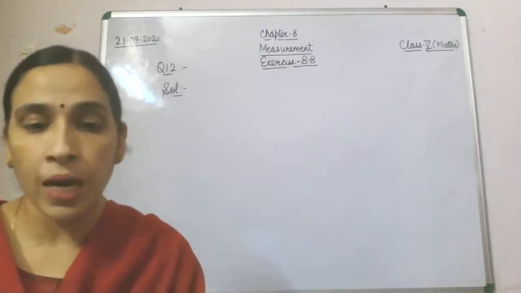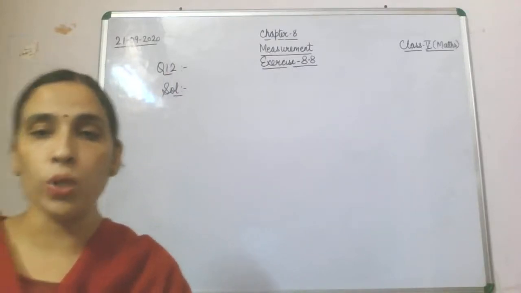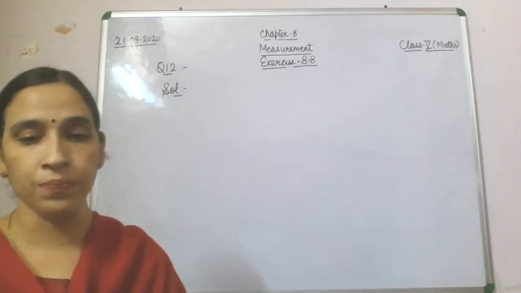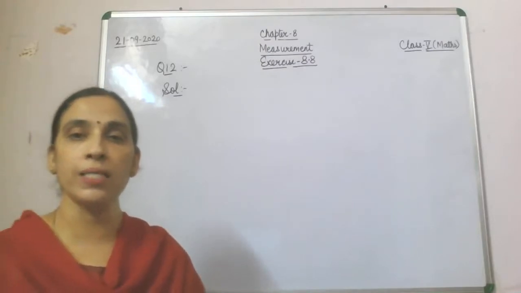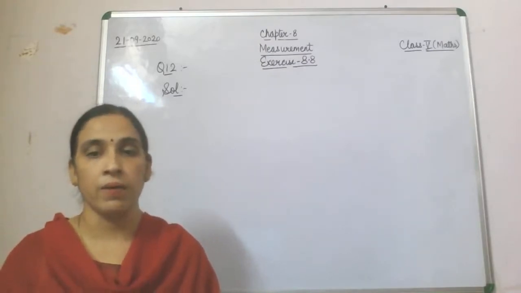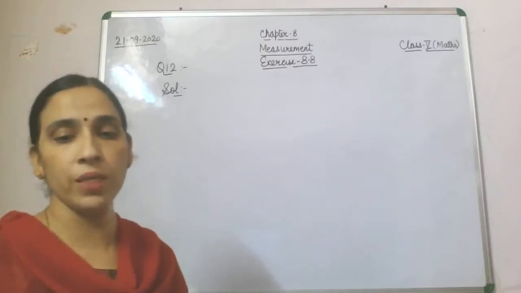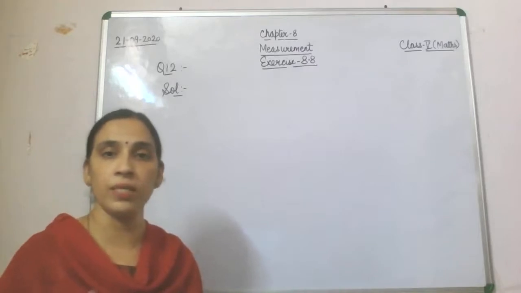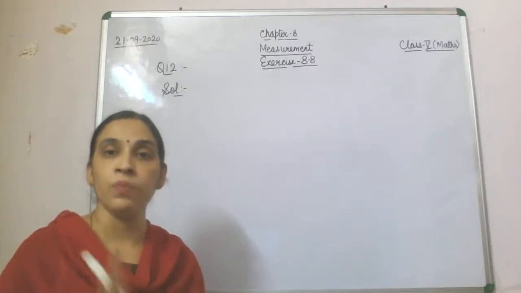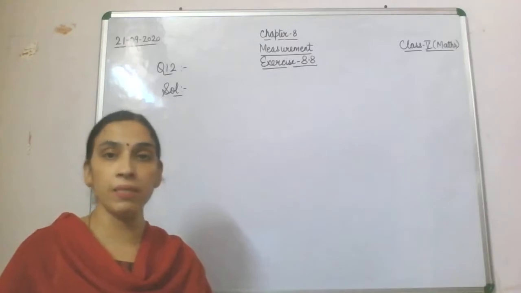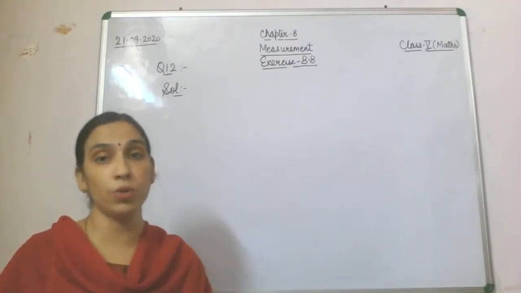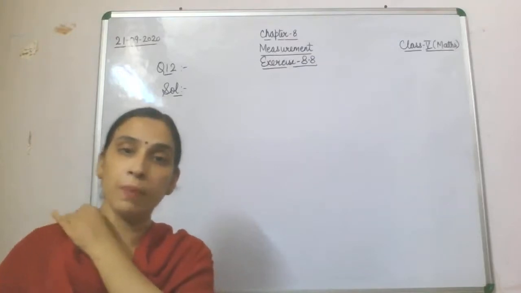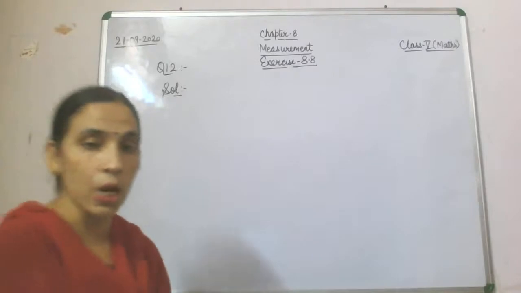So let's read out the question first and understand what is given and what we are supposed to find out. Now if 5 bottles hold 6.250 liters of Coca-Cola, how much Coca-Cola is in 7 bottles? Fine. So here you have been given the capacity of 5 bottles, and then you have to find the capacity of 7 bottles. From the 5 bottles capacity you can find the capacity of 1 bottle, and that capacity of 1 bottle will be multiplied by 7. So let's see how you will do it.